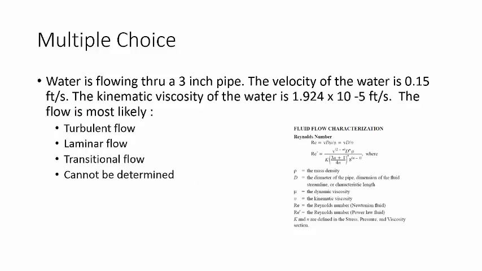So this is a multiple choice, but it is a problem, a short problem. So the question is, water is flowing through a 3-inch pipe. The velocity of the water is 0.15 feet per second, and the kinematic viscosity of the water is 1.92 times 10 to the minus 5